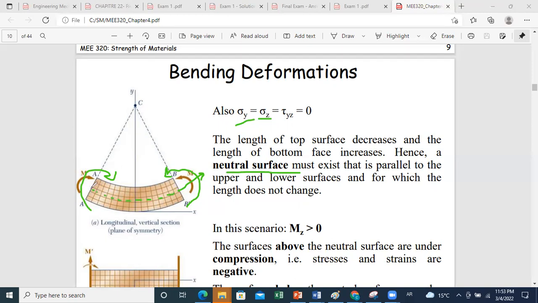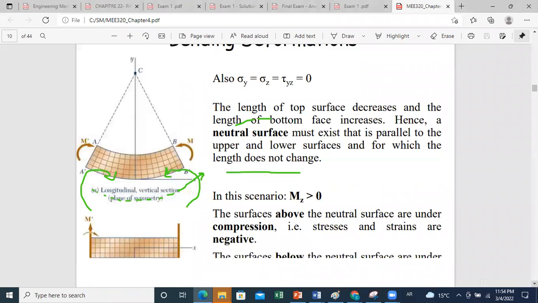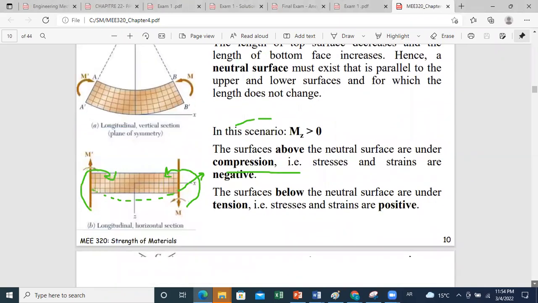stresses in our section. So in the scenario presented in this figure, the bending moment is along the z direction, and you can say then that in this case, in any cross section I take, the bending moment will be along z, and we'll try to find what is the normal stress distribution that will create this moment. So the surfaces above the neutral axis will undergo compression, as we said. This is why